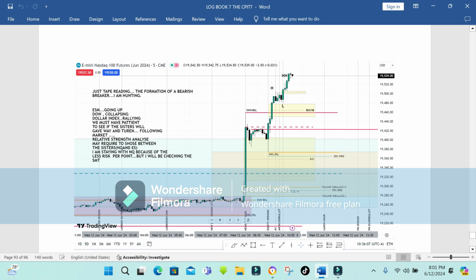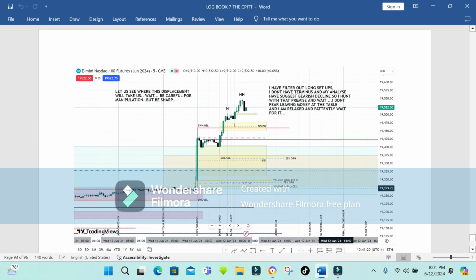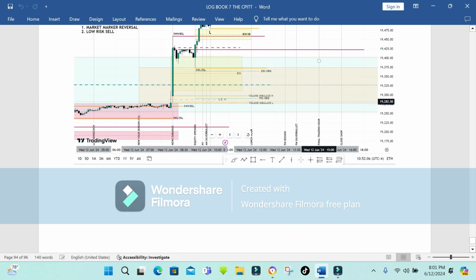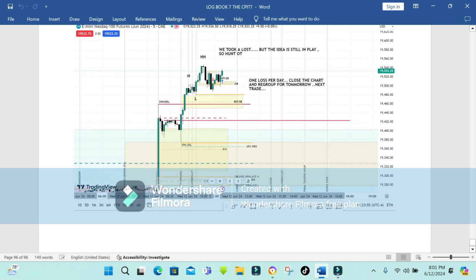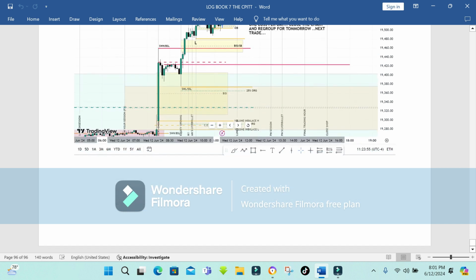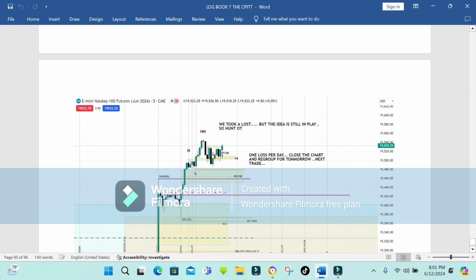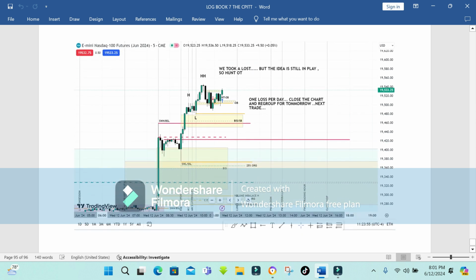Relative strength, I think I have conducted a relative strength test, actually not live, on tape recorded, and we finally took a loss. We finally took a trade. I took that trade on this candle when we were going up. I took this trade based on the fact that